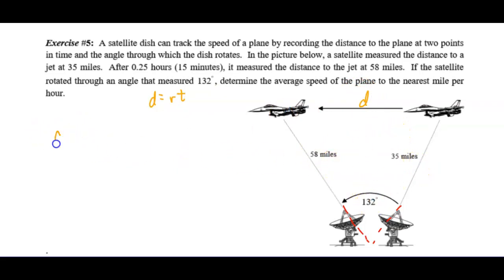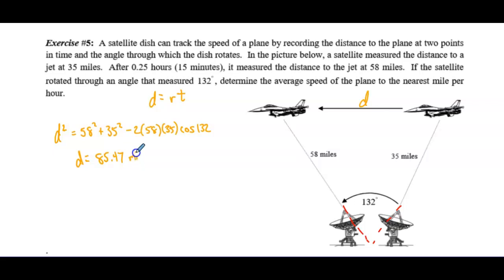And I'll say that d squared is equal to, because it's across from 132, 58 squared plus 35 squared minus 2 times 58 times 35 times cosine of 132. All right, I enter all that into the calculator because it's a d squared. I can just do a square root, enter all that in under a square root. D comes out to 85.47